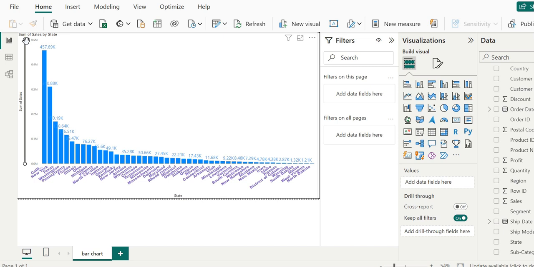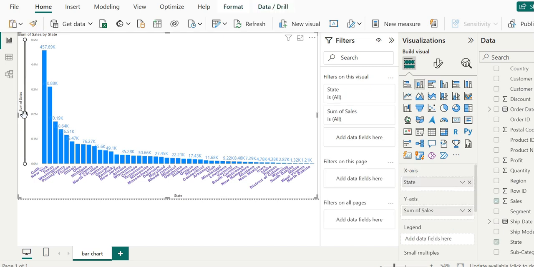When we zoom in, we can easily see North Dakota, Maine, West Virginia, and South Dakota, which are states with smaller visuals.